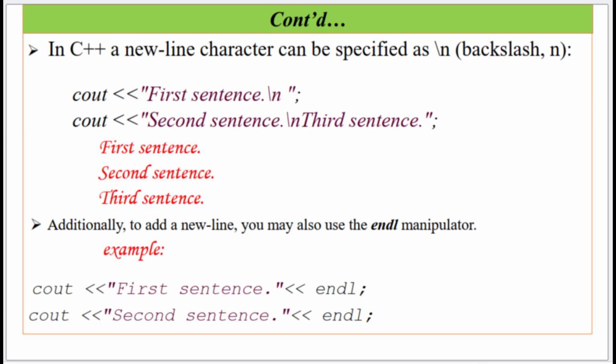In C++, a new line character can be specified as \n. Example: cout << "First sentence\n"; cout << "Second sentence\n"; cout << "Third sentence"; outputs: First sentence. Second sentence. Third sentence. Additionally, to add a new line, there is also the endl manipulator. Example: cout << "First sentence" << endl; cout << "Second sentence" << endl;